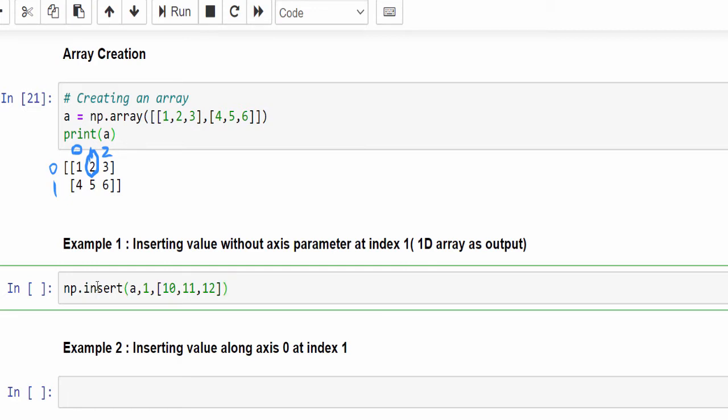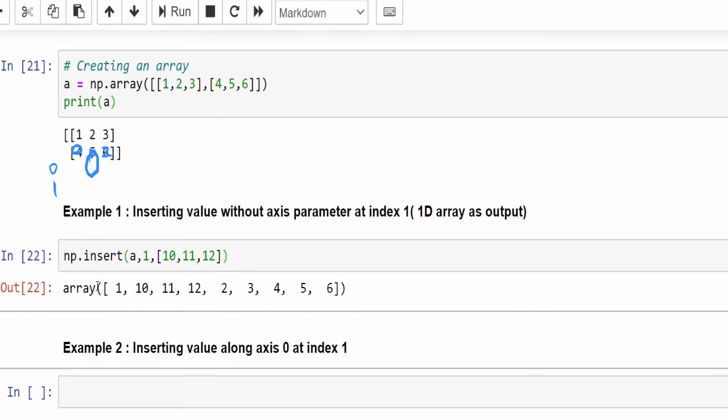I'm not mentioning the axis. Let me execute. So in the first position, the index 1, it inserted 3 values 10 11 12. We already know index starts from 0, 1. So since we didn't mention the axis, it created the one dimensional array and inserted the values at the mentioned index.